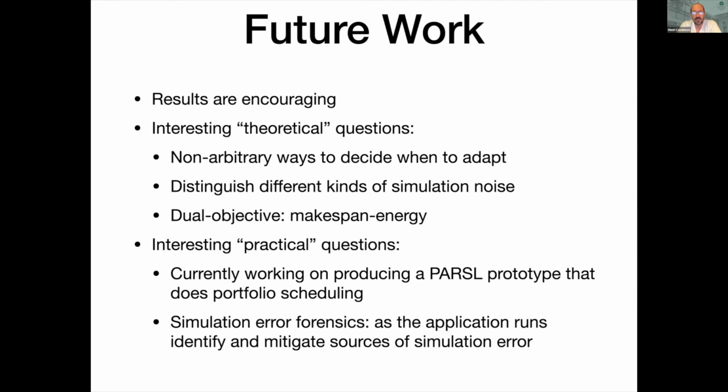One thing we want to do is to distinguish different kinds of simulation noise. And the results in the paper are very brute force. We said whenever the simulation says the application will take 2 hours, we add noise to that. And we do that differently for every simulation. Now that's actually pessimistic because if we simulate 36 scheduling algorithms, we're going to suffer from the same kind of error for all those simulations, meaning if we underestimate the compute speed of a remote cluster, we are going to underestimate it in the same way for all algorithms. So in fact, one thing we're doing right now is refining the way in which we inject noise, which improves the results compared to the results published in the paper.